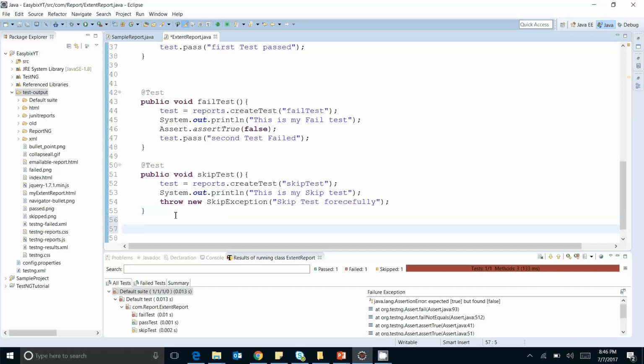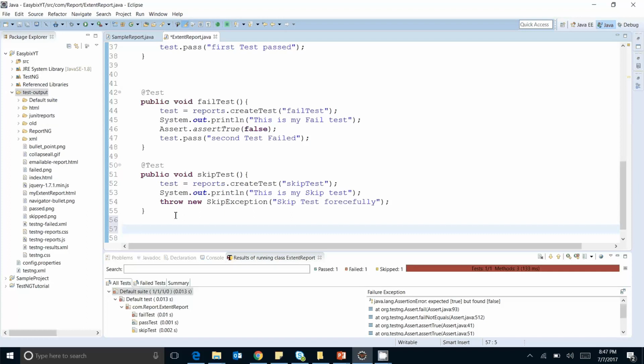So how can we close the file? What is the best approach to close the extent report? I think after the execution of all the tests of that particular class, you can close your extent report, because we are working with a single test class. So we are using these startup and closing methods at a class level, but when you design the framework and work with the complete project, then obviously these things should be inside your before suite and after suite